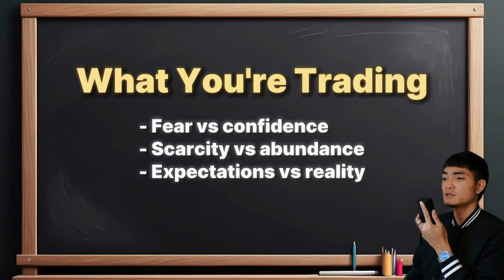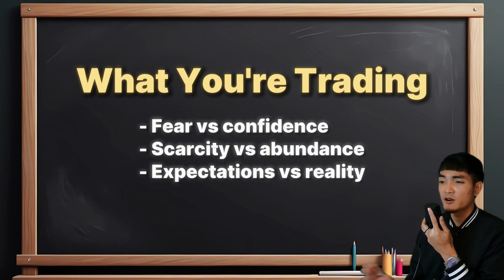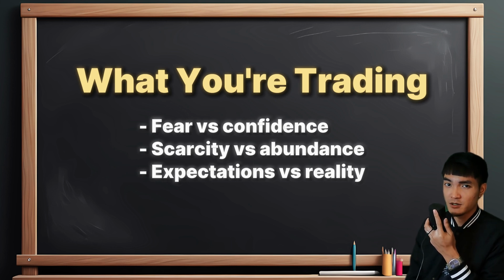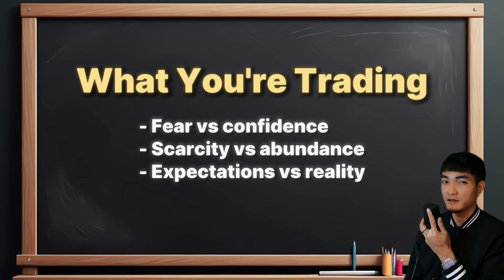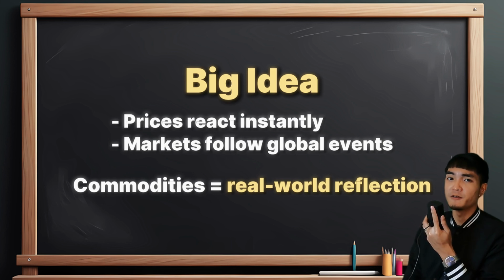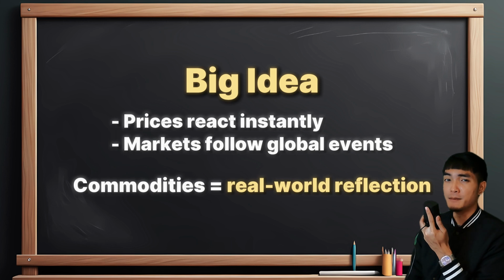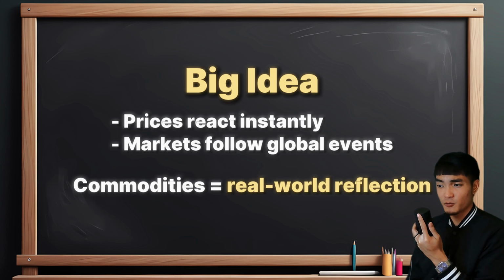So when you trade commodities, you're not just trading gold or oil. You're trading fear, confidence, scarcity, abundance, stability, uncertainty, and most importantly, which I've been repeating a lot in this channel, expectations and reality. It is a story of how money is reacting to the world around it. Another important thing to take note of is the volatility. Commodities can move fast because when supply or demand shifts suddenly, price reacts immediately. That's why you'll often see sharp spikes in oil or gold. And that's also why risk management becomes even more important when you're trading